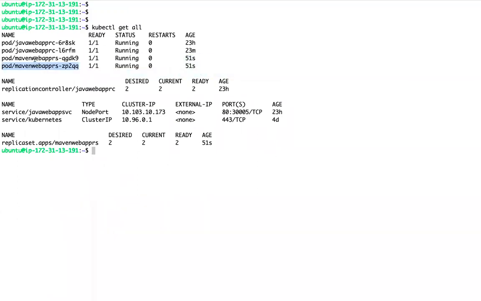Now how can I access these pods? What needs to be done? Whether I want to access within the cluster or outside the cluster, we need to create a service. We already have a service, right? Then why another service? This service is pointing to which pods as of now, based on the labels and selector? This service is only for this application.